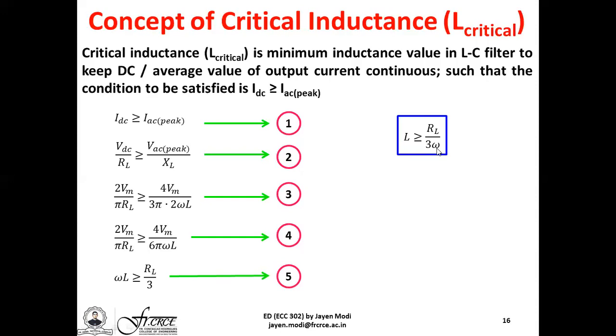Where as we know, omega is simply given by 2 pi f, and f is nothing but the frequency of the original AC input source, which is given as 50 hertz. So this is nothing but the condition for the critical inductance calculation. So whenever we pick up any inductance, we should also take care what is the load, and depending upon the load, we are easily able to calculate the particular critical inductance. But if this inductance is not satisfied, the current will be highly discontinuous. The filtering action may not take place properly, and further, you also have a chance of getting the load damaged due to a large negative or a reverse voltage called as back EMF developed across the inductor L.